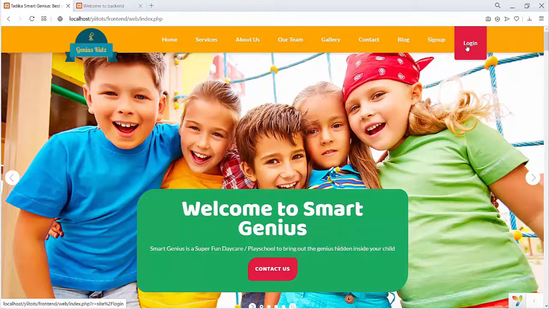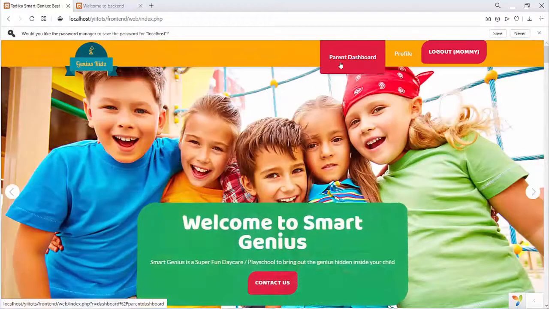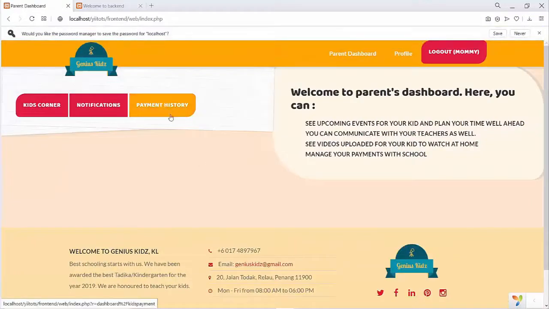I'll try to explain to you further. For example, mummy logs in, right? She logs in with her password for her kid. Remember, for her kid. And then parent dashboard. She pays the payment history, she does her payment, everything.